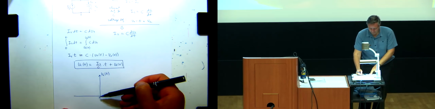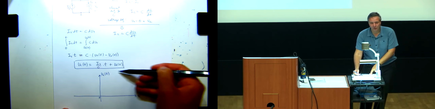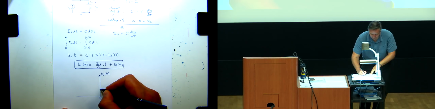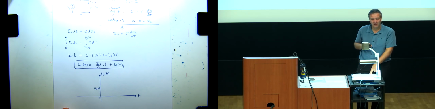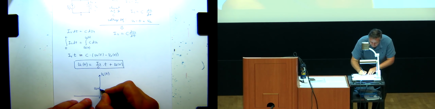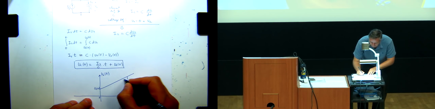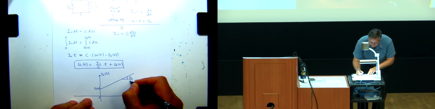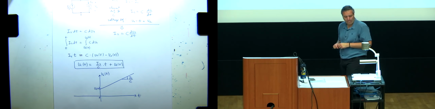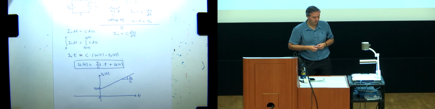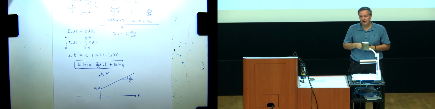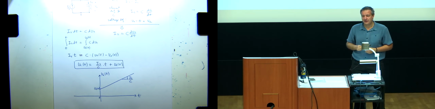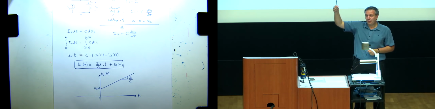Okay, so you're saying if we start at 0, there will be this component, u1 of 0, left. So you have to start from there, u1 of 0, and then there's a line. Okay, great. And so the slope of this line is is over c. So what this means is that the larger my current source is,